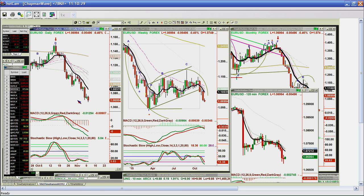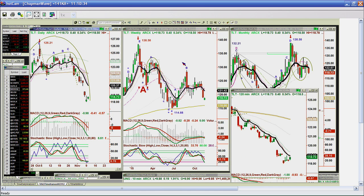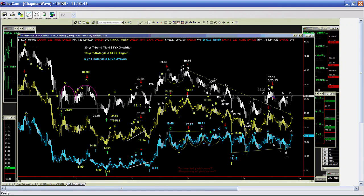Okay, let's continue, because I want to show you something very important. Bonds. Bonds are up 40 cents right now at 118.73. Well, how is this going to fit together? If I'm looking at the yield chart that I showed you yesterday, this yield chart with a black background, the weekly chart, it shows a potential cup formation right on that long-term horizontal line that I drew in, just to show how many times the yields have been in this area. You can go back to 2011, but if I move this back even further, you can see you can go all the way back to